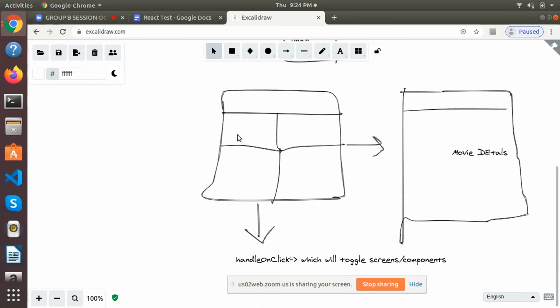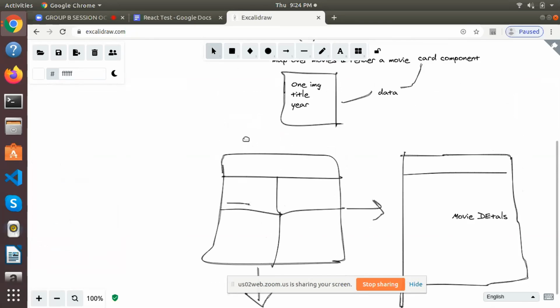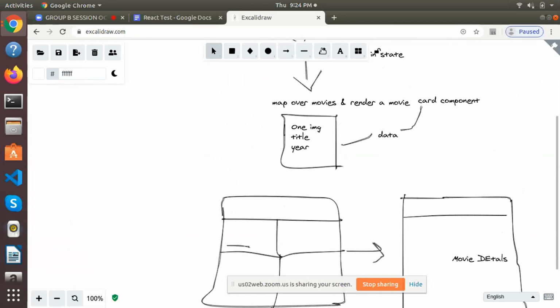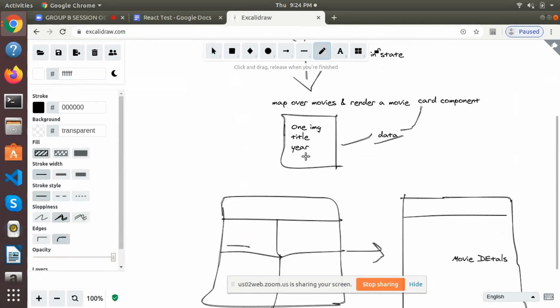So you can use the index also, but the second thing that you can use is that at every instance you have that particular movie. When the user clicks on this movie card, you have that particular movie card's details, right? Because you are already showing it. You saw that we are sending the movie data from our app.js to the movie card. So when the user clicks here, we have access to the data of that particular movie.